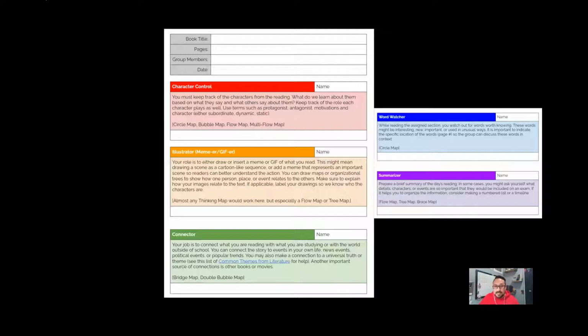So here's a list of a few jobs. You don't have to use these same ones, but these are pretty generic and they work. So one student will keep track of the characters for this assigned portion, right? And tell us what we learn about each of the characters that are introduced or are found in this section of the reading. The next job is the illustrator or memer or giffer. And what this student will do is draw or insert a meme or gif of what they read, either literally